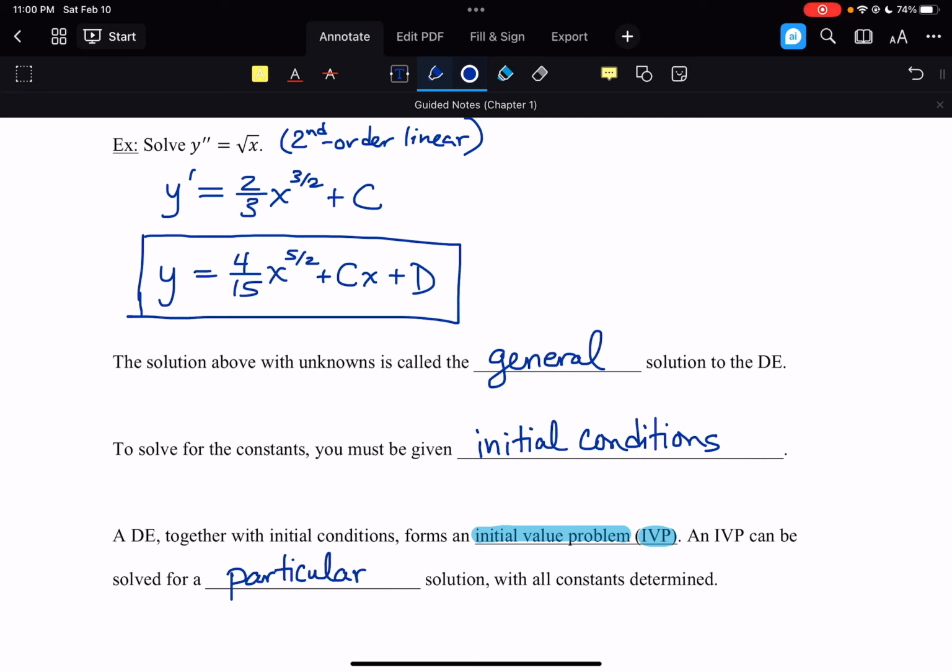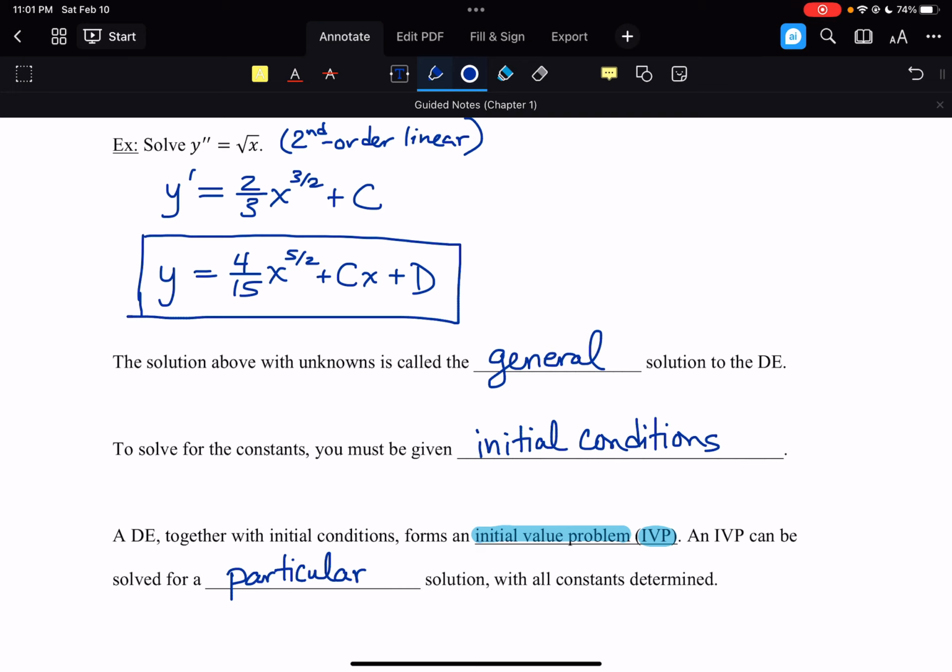So if we do not have any initial conditions, we cannot solve for those arbitrary constants. That's what we call the general solution, right? Because there could be any number of constants that satisfy this relationship. But if we do have an initial condition, we can find one specific or particular solution that will solve that